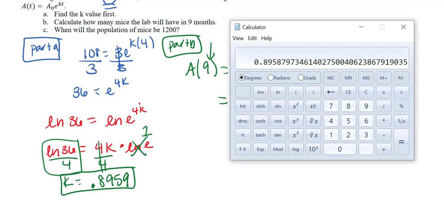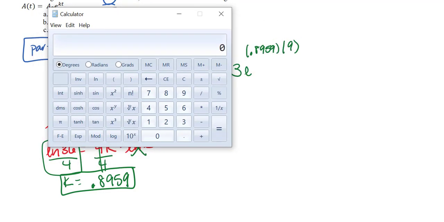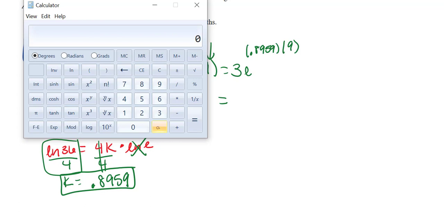So let's get our calculators out. So we have 3 times e, which is going to be, so for this one, let's move this a little bit so we can see what we're doing exactly. So I'm going to type in the 0.8959. I'm going to times it by 9, so we get that. What it's raised to for the exponent is equal to 8.0631. Then if we take the inverse of the natural log, that will be e to the x. So we take e, and we're going to take the exponent of that. So what happens is it wants me to put in the exponent and then put in e. So it shows me what that is. So we get